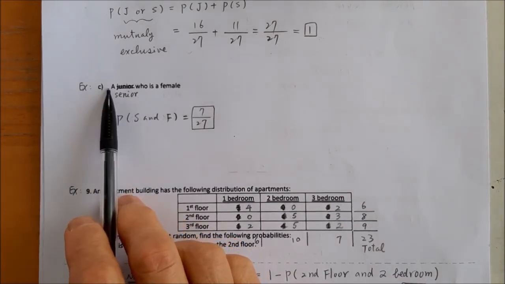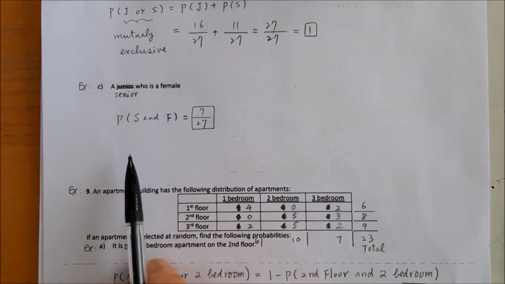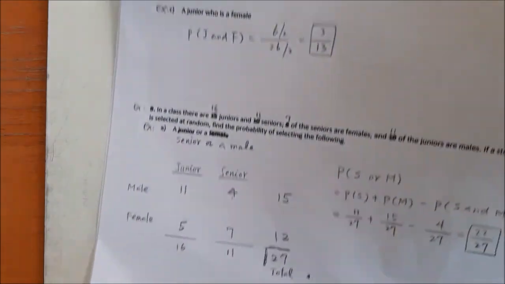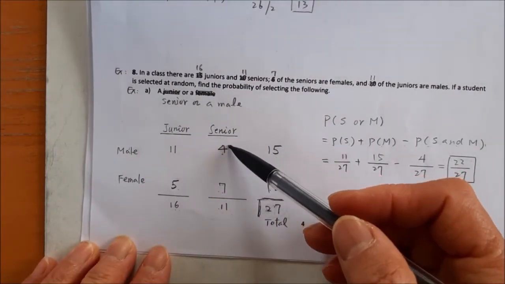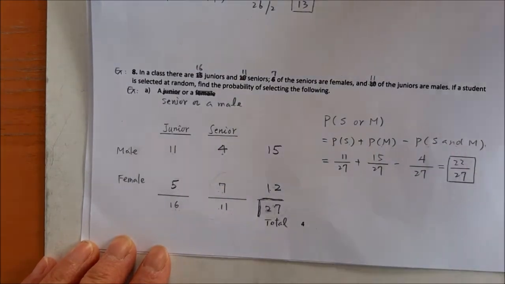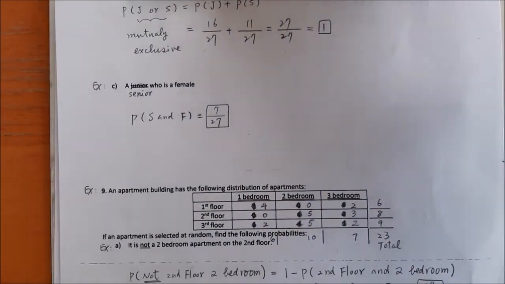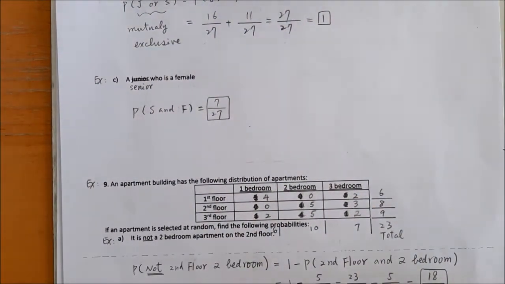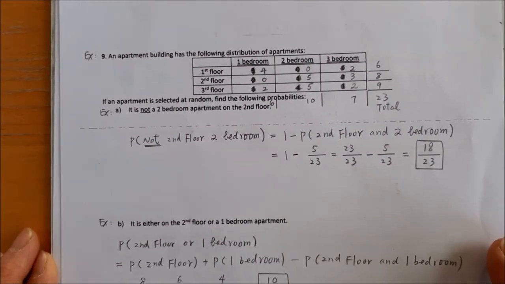senior, find the probability of a senior and a female. So senior and female, the table here says senior and female is 7. So it's 7 out of total 27. So the probability is 7 over 27. And question 9,